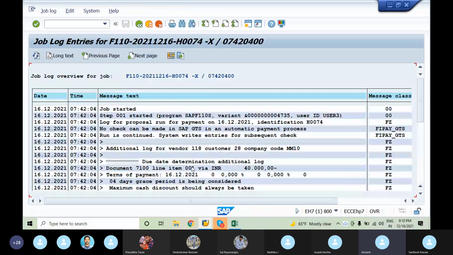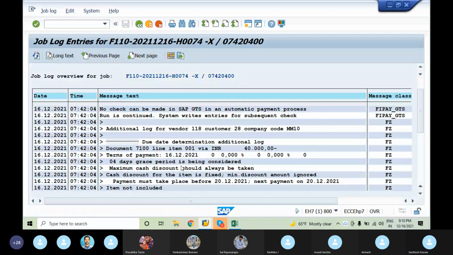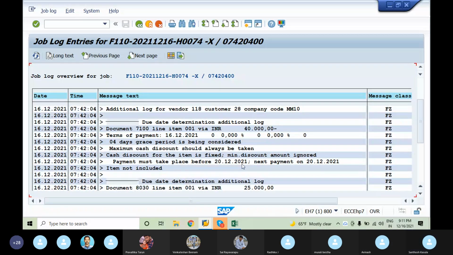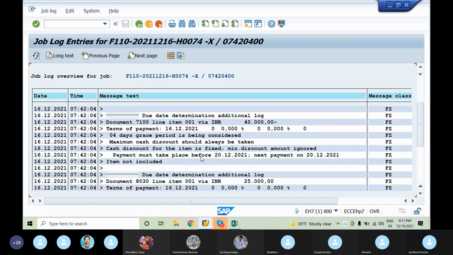Not here, the proposal log. Scroll down. Minimum discount is ignored. Okay. But a payment method error also comes here. You have taken the next payment date also as the same date. The proposal does not accept it if the next payment date is also the same. Just delete the proposal and recreate it, bro. Edit the proposal.